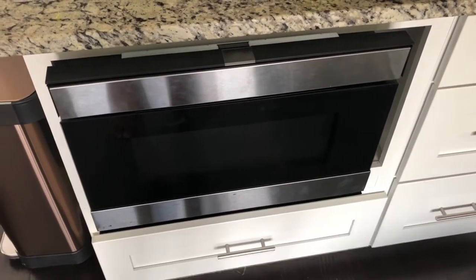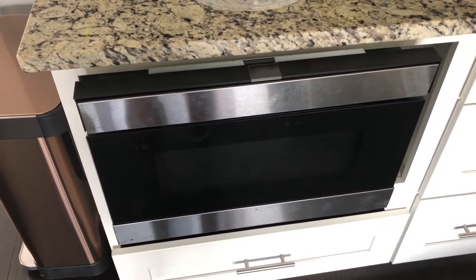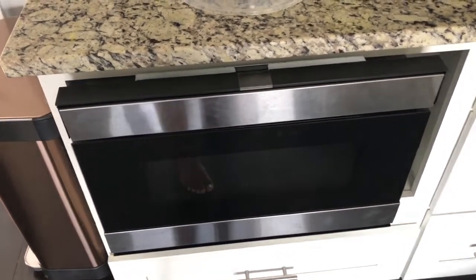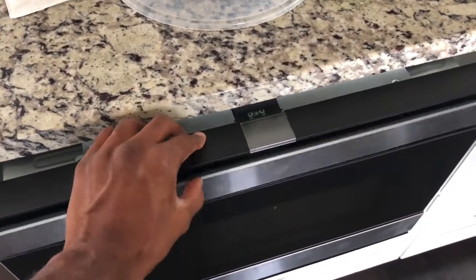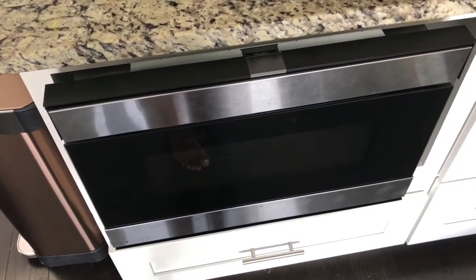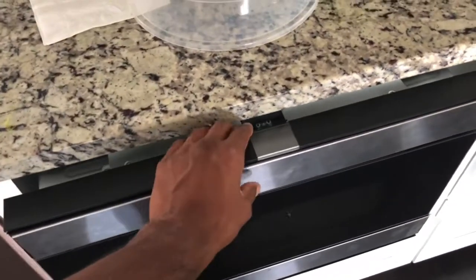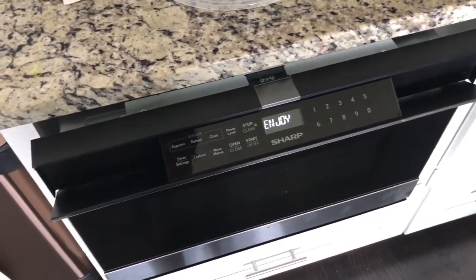Hi, I'm making this video to help other people who may be having problems with their Sharp microwave drawer, specifically the control panel opening and latching mechanism. This is a Sharp SMD2480CS model. It was working fine, but one day, when I leave this open often,